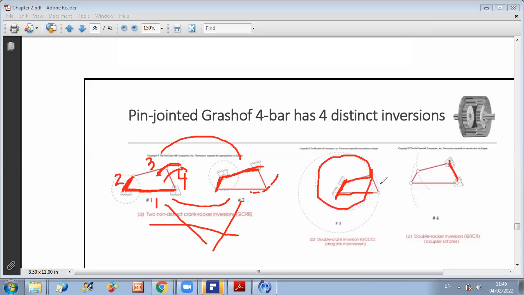Okay, and also the coupler, which is doing a general plane motion, will be able to do complete rotation. So this mechanism will allow me to have two cranks in my system, and even the coupler is doing full rotation. Okay, but I remind you that the coupler has general plane motion, so it can rotate and translate, but it can, whenever